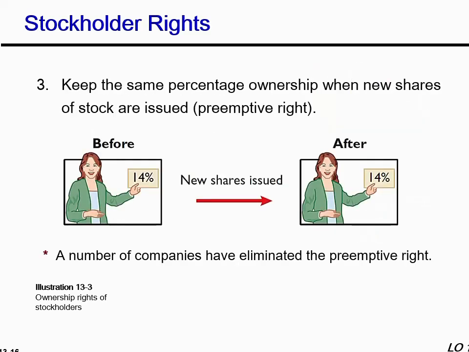Another right of the shareholders is that often, I will not say always because it's not always the case, but yes, often, most of the time, they keep the same percentage ownership when new shares of the stock are issued. When I was discussing the characteristics of corporations with you, I mentioned that the corporations can raise the finance or capital whenever they want. So they can issue new shares, right? So when they issue the new shares, new people will acquire the shares. So where Mr. A was having 30% shares of the business, by issuing new shares, the number of shares will increase, and his percentage might decrease from 30% to 25%.